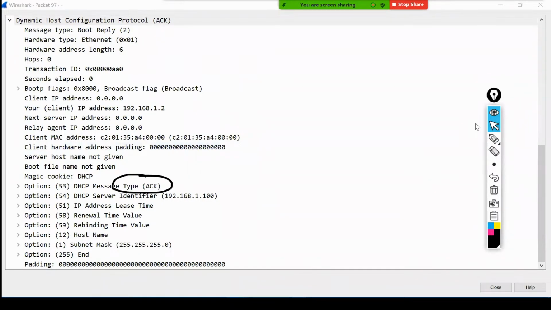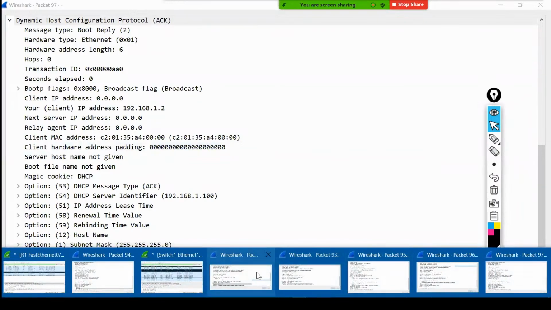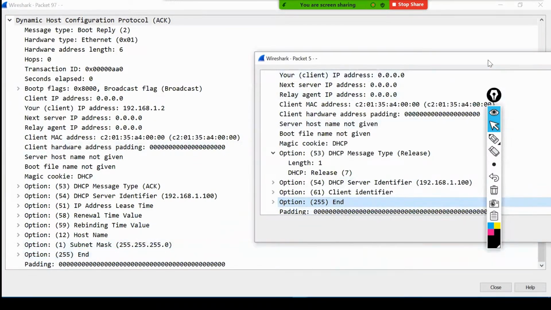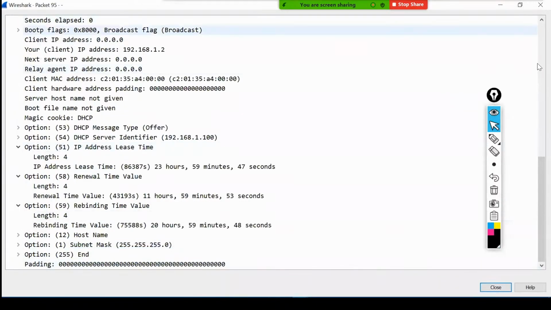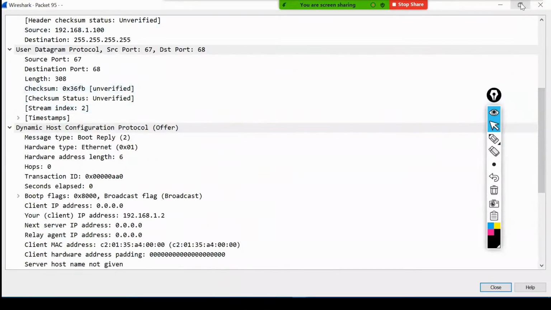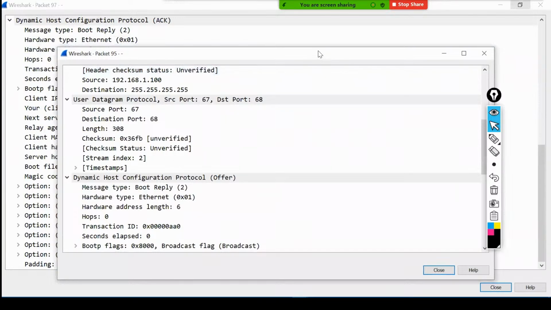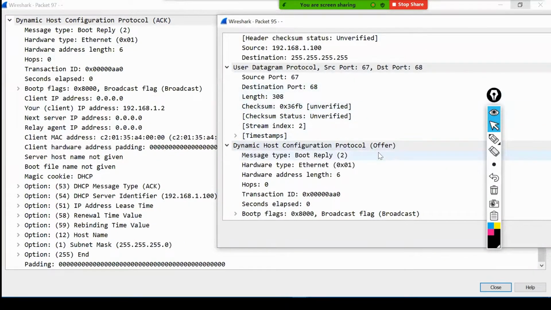For all this process, can we have a look over there? This is the offer packet, and this is my acknowledge packet.